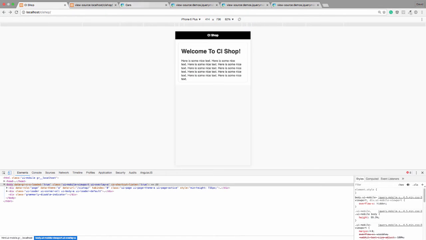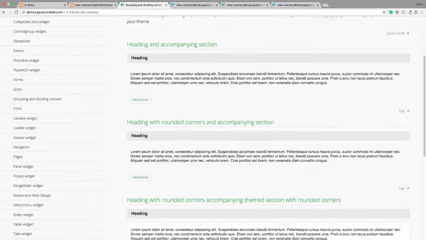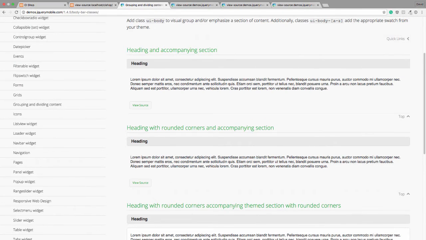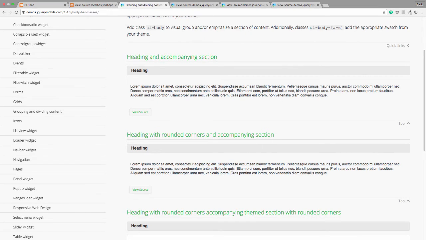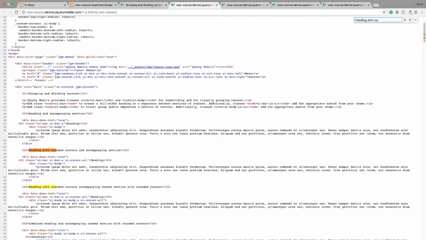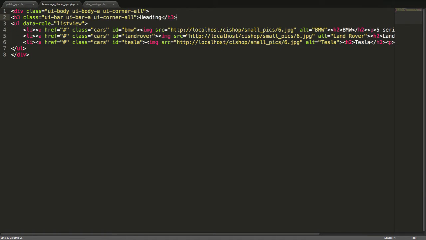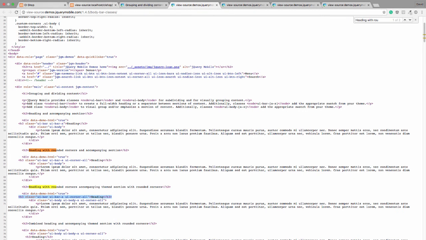What I think I'll do then, folks, is I'll grab a headline from grouping and dividing content. We'll grab a headline and that shall be the vibe. So we'll go with this one here, heading with rounded corners. So if I do view page source, do a search for heading with rounded corners, this is what it looks like. Okay, and I'm going to chuck this inside here like that, and it's probably going to look rubbish, but we'll